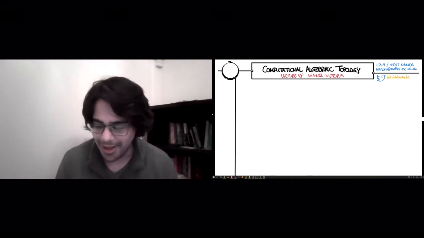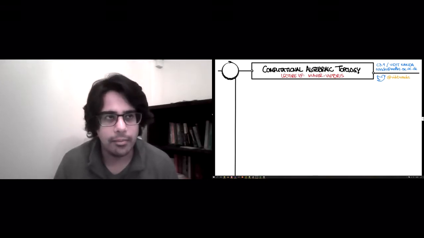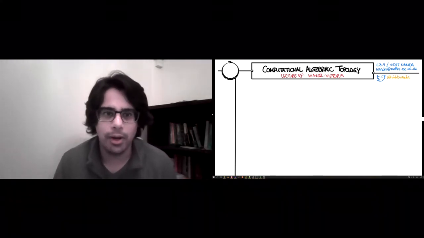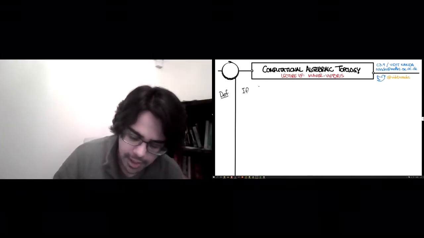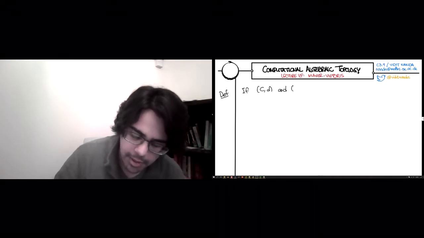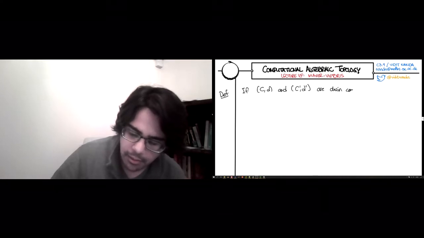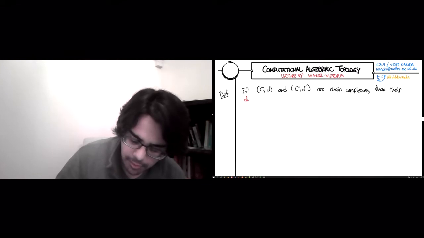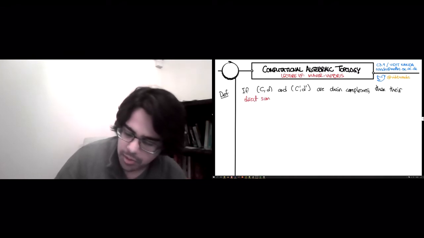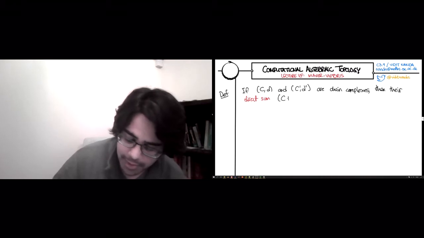Okay, so this is what we're going to try and do, and the only algebraic prerequisite for this, besides the snake lemma, is the following definition. If C, D, and C prime, D prime are chain complexes, then their direct sum, which is usually written with direct sum symbols, C plus C prime, D plus D prime, is the new chain complex